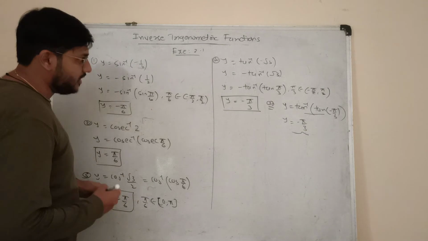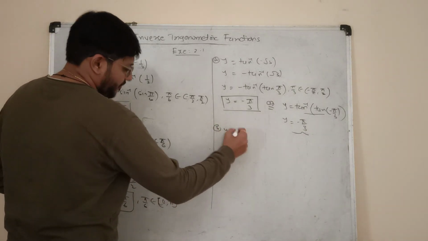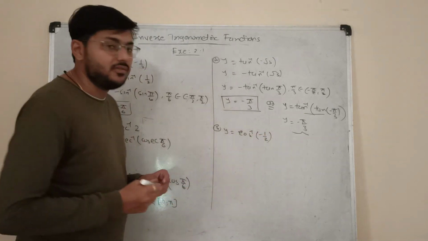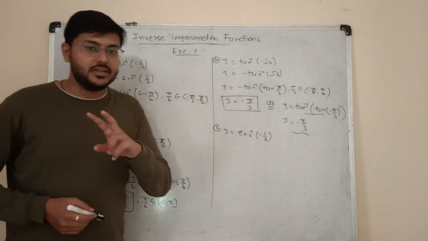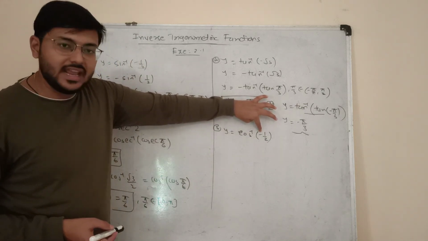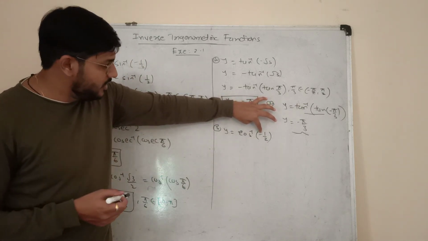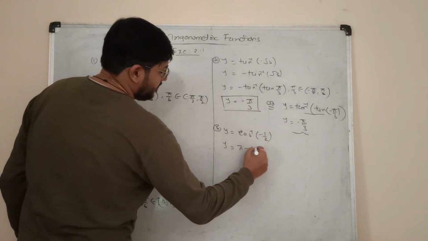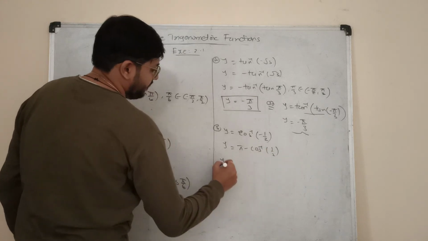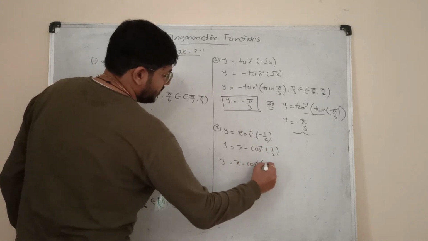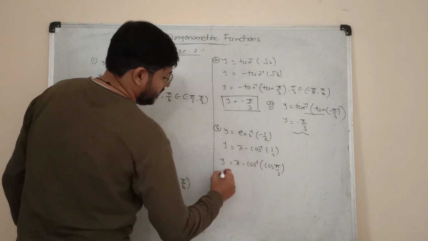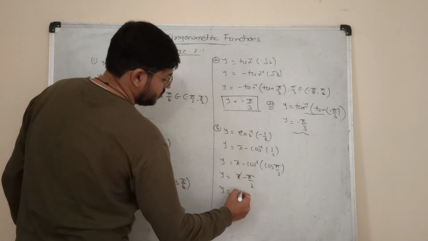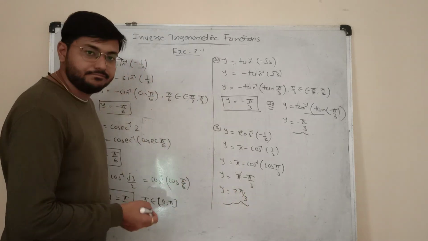Okay. Next question. In number 5, we have y equals cos inverse of minus 1 by 2. Now just be careful. I will show you two methods. In the first method, we go with the negative value rule, right? So what will be the condition if cos inverse of minus x is there? I can represent it as pi minus cos inverse of half. So pi minus cos inverse of, it is cos pi by 3. Now we can remove function and inverse. So pi minus pi by 3 will give us 2 pi by 3. This is the answer.